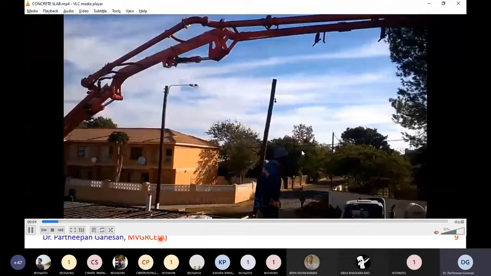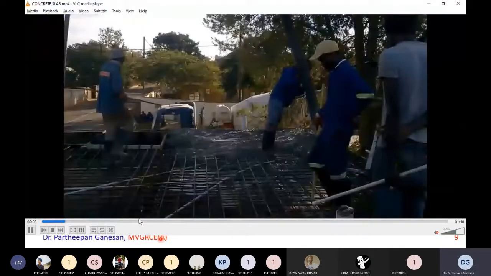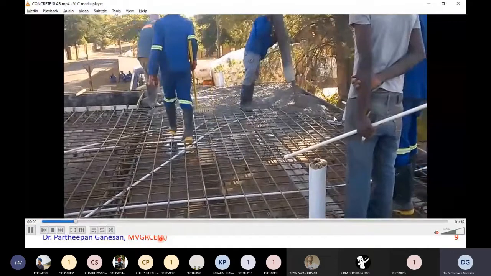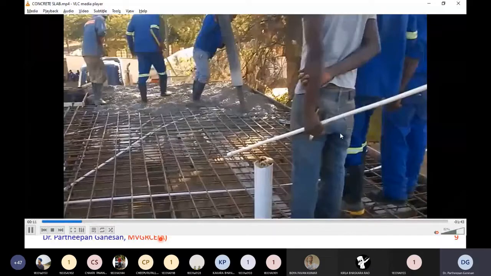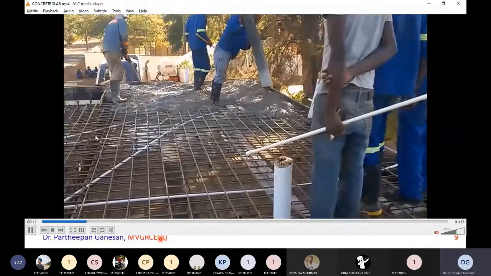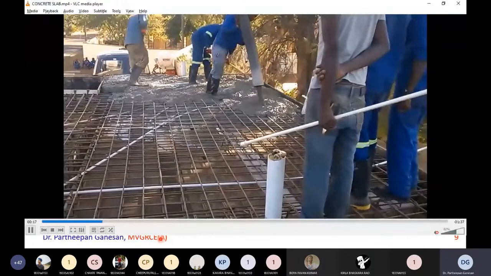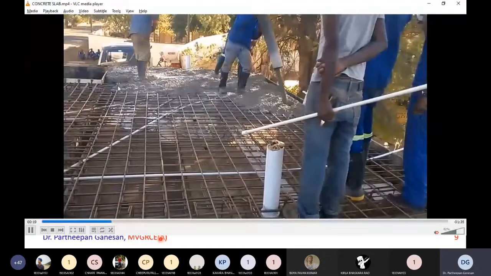Okay, one second. See, this is a beam. This is the end beam. These are slab. Now, how are they? It is not that they cast the beam separately and the slab separately. Everything is cast together, right? Everything is cast together. And this is the beam here. There is an end beam here at the end, and this is the intermediate beam. So your slab and beam are always cast monolithically, at the same time.